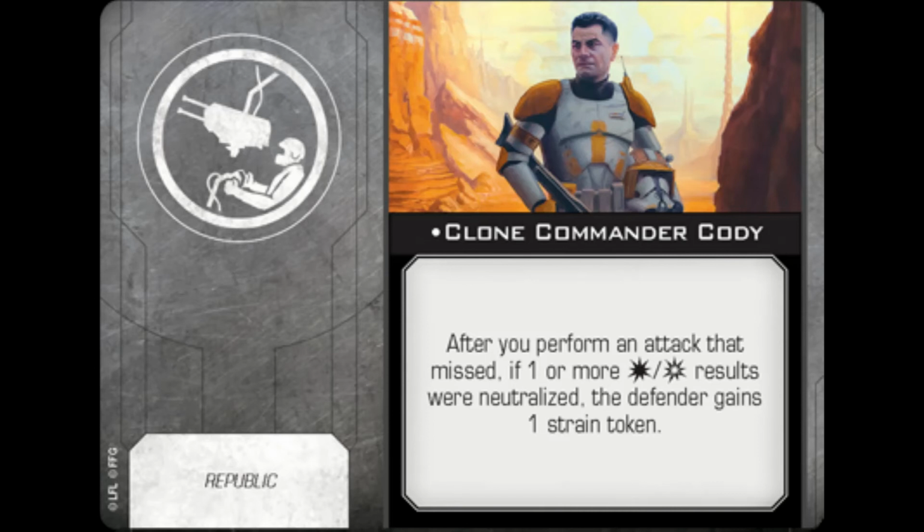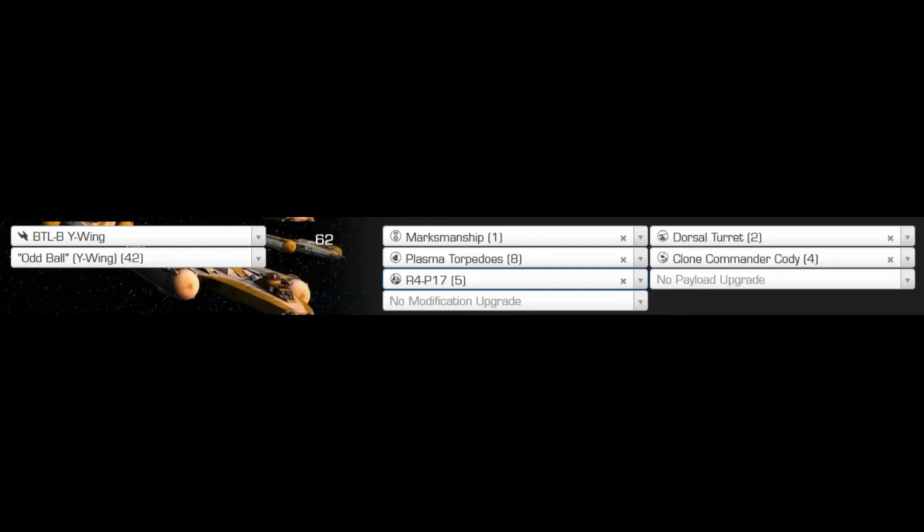So even if the initial attack misses, Oddball still sets up the next guy by giving the target a strain, reducing agility for the next attack. Cody is a solid value at 4 points, so I like Cody for the middle to end game, especially after Oddball runs out of torps. Dorsal Turret is a completely optional upgrade, but for 2 points it gives you an extra arc to avoid being outflanked. Marksmanship is probably a bit greedy, especially since on Plasma Torps crits get cancelled first, but it pairs well